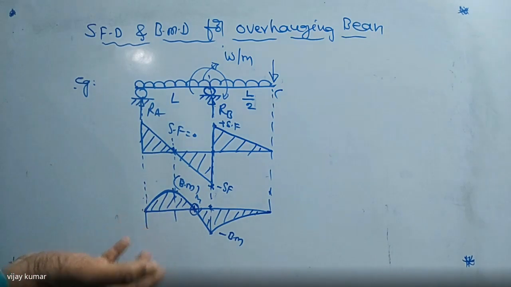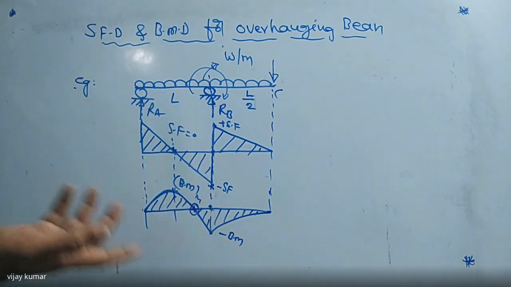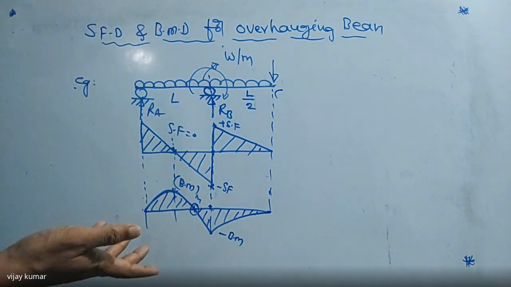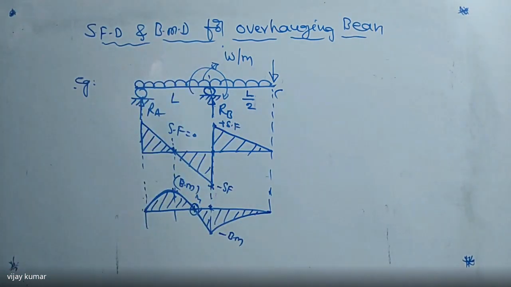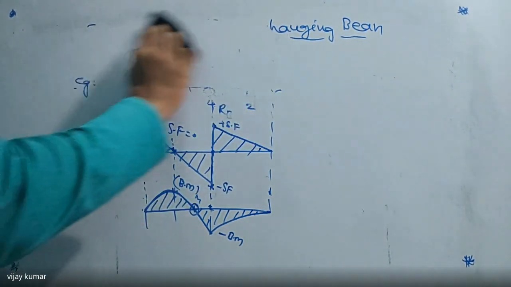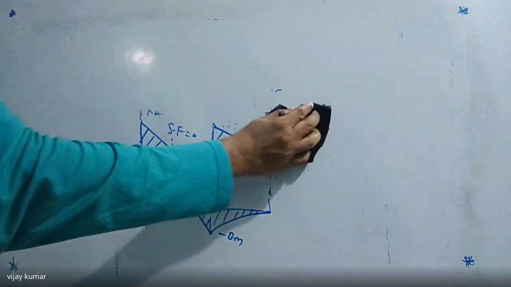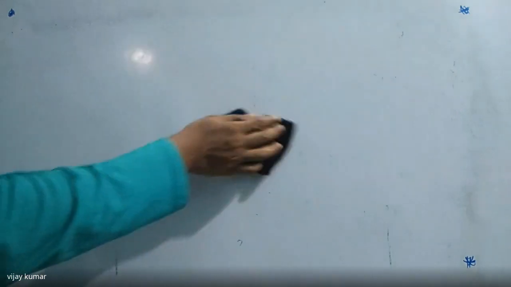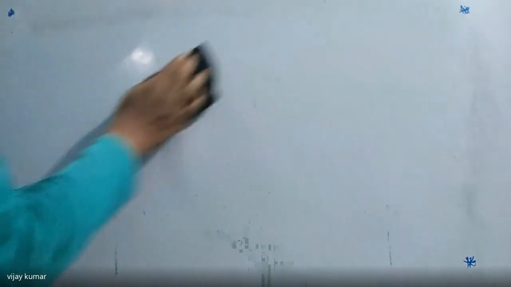Otherwise, they will ask the support reactions. Otherwise, they will ask what is the direction of the support reactions when a couple is acting on the beam, whether it is upward or downward. They will ask any type of question. So, okay, right. These are the shear force and bending moment diagrams for overhanging beams. These beams can also be subject to a couple, no problem. I have already told you how to solve when beams are subject to a couple, in the case of cantilever and simply supported beams. The overhanging beam is also the same. Okay, all right.